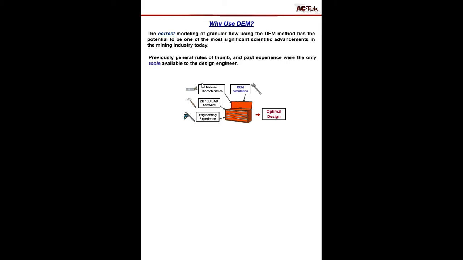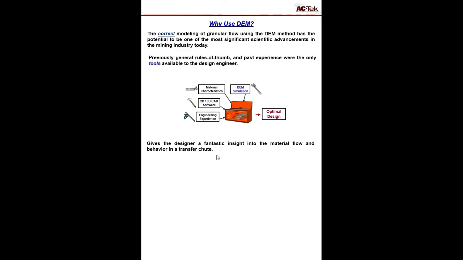negate the requirement of doing lab testing and having a basic understanding of the materials you're working with. But when it is properly used, it gives the designer a fantastic insight into the material flow and behavior inside a transfer chute. There really is no other way that we can get such a great feel for the flowability of the chutes, how making small changes to this or that can affect the design of the chute,